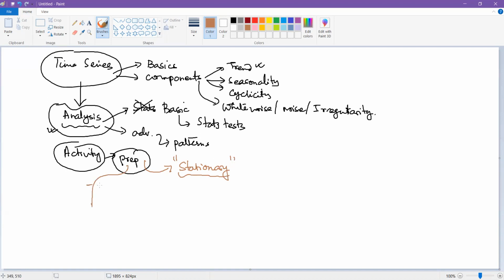other than the preparation steps that we have already seen earlier. For example, if we don't have continuous data, then we need to get the continuous data. If I have daily data, then I should have daily data. There shouldn't be any losses in there. If I have weekly data, then all the weeks of data should be there. If I have monthly data or yearly data or let's say quarterly data, my data should be prepared properly.